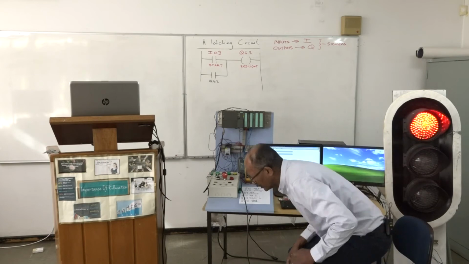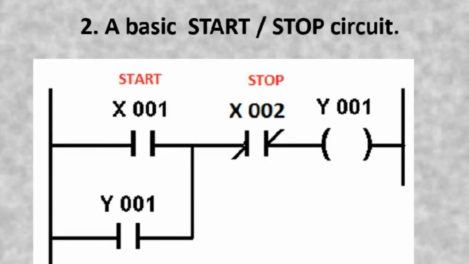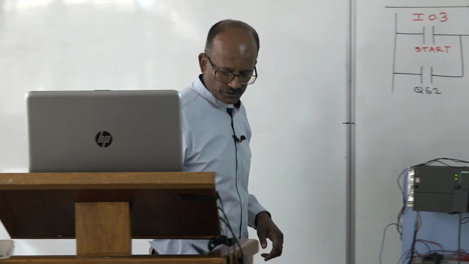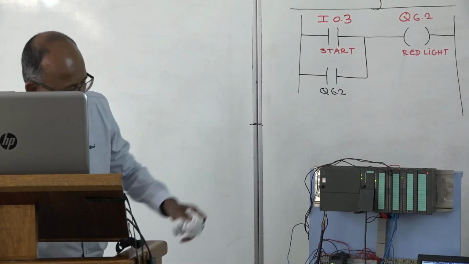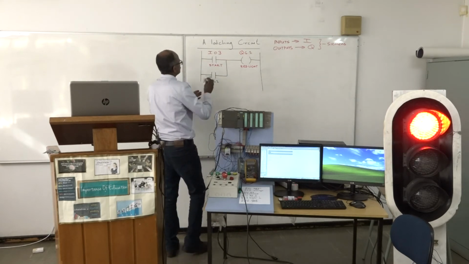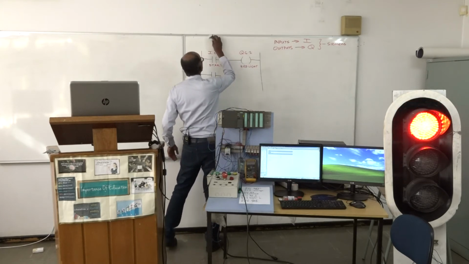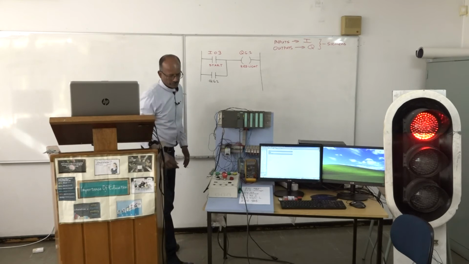All right, we're now going to go on to the second circuit, which is your basic start-stop circuit. All right, so if I look at the latching circuit, I've understood that. I now want to look at how do I actually stop this red light. Okay, so I'm just going to take that line off and